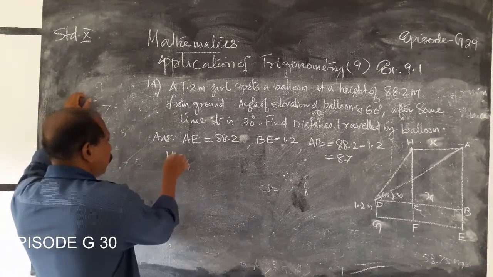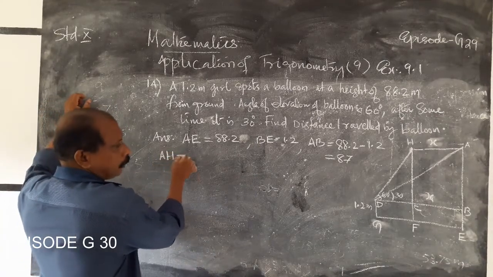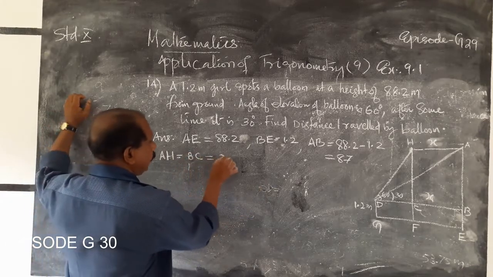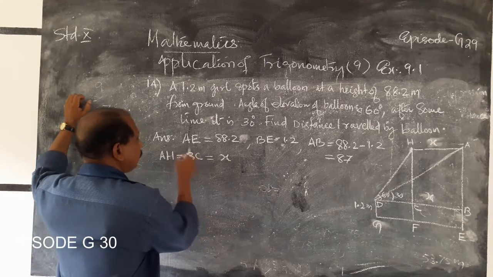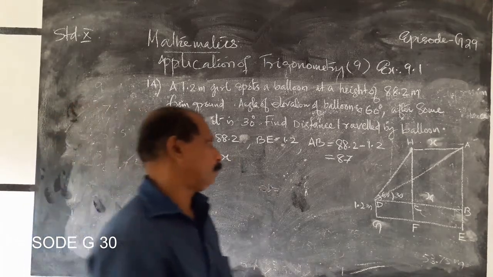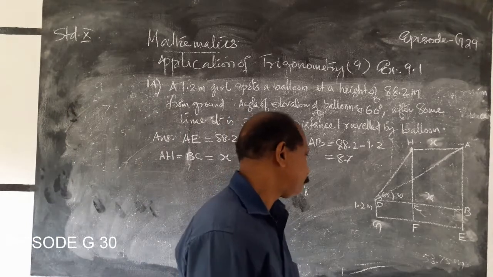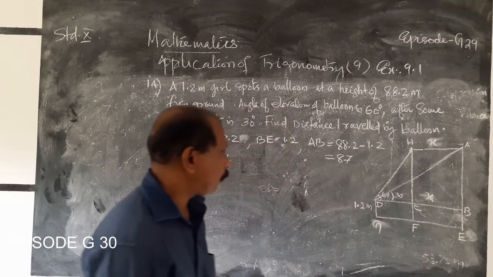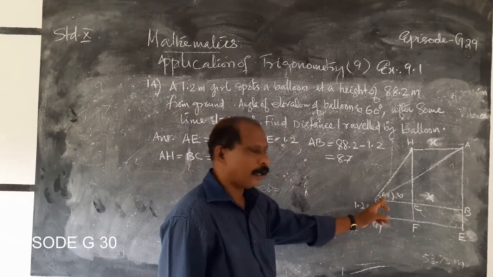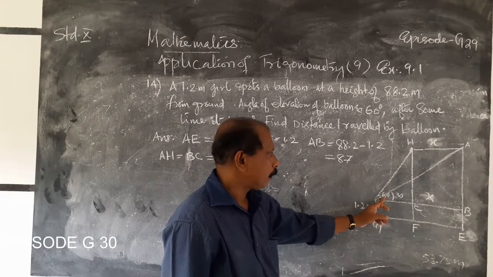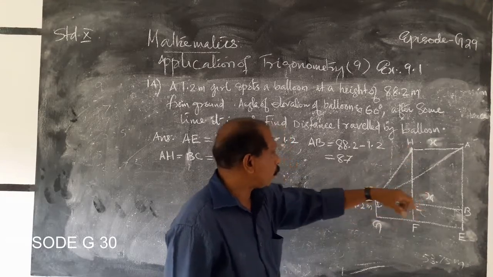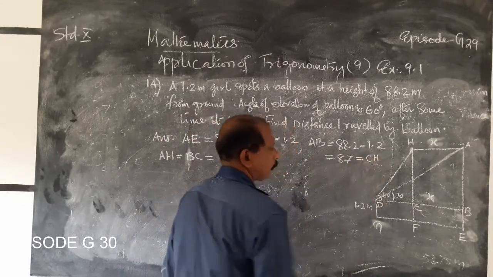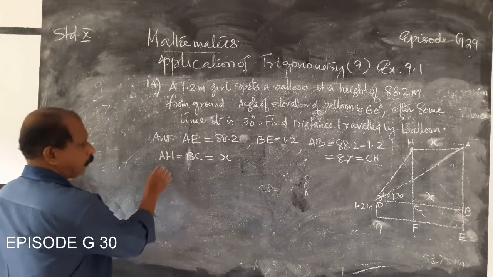AX is equal to BC is equal to x. That is the distance traveled by the balloon. Then, using this angle 60 degrees, AH is equal to CH. Therefore, tan 60